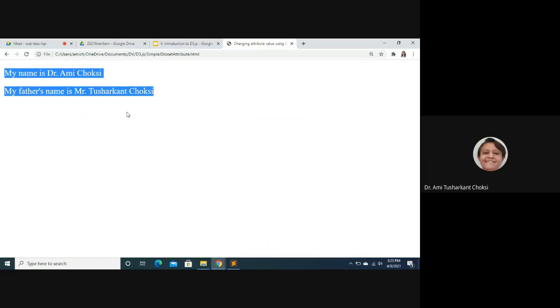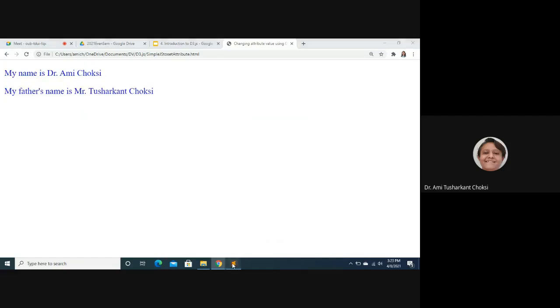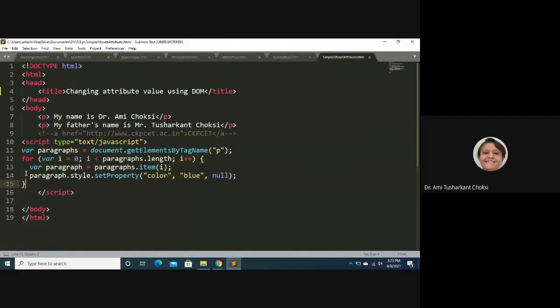This is what we have done. This is the output we are getting. This was what? This paragraph dot style dot set property color blue and none, right? So this way we have set the property and we have changed the color of our p tag as blue, right? So many tedious tasks we have to do if we are applying the JavaScript, right?